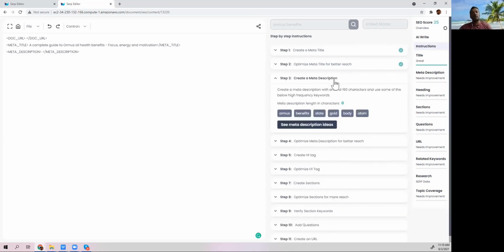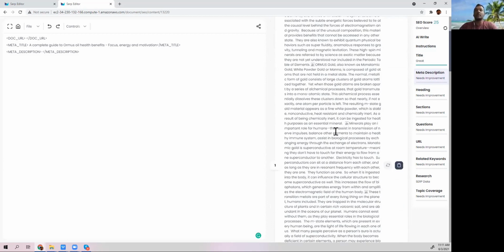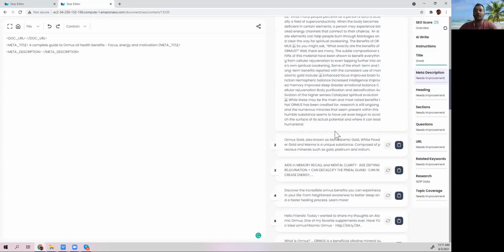I'm going to show you the tactic that you can use manually to create this. And then I'm going to show how you can use AI to generate the meta description for you, and then you can quickly adjust it as well. That's one of the new features that we're bringing out. So let's construct the meta description ourselves right now. Look at this. Somebody has literally posted their entire content in their meta description.